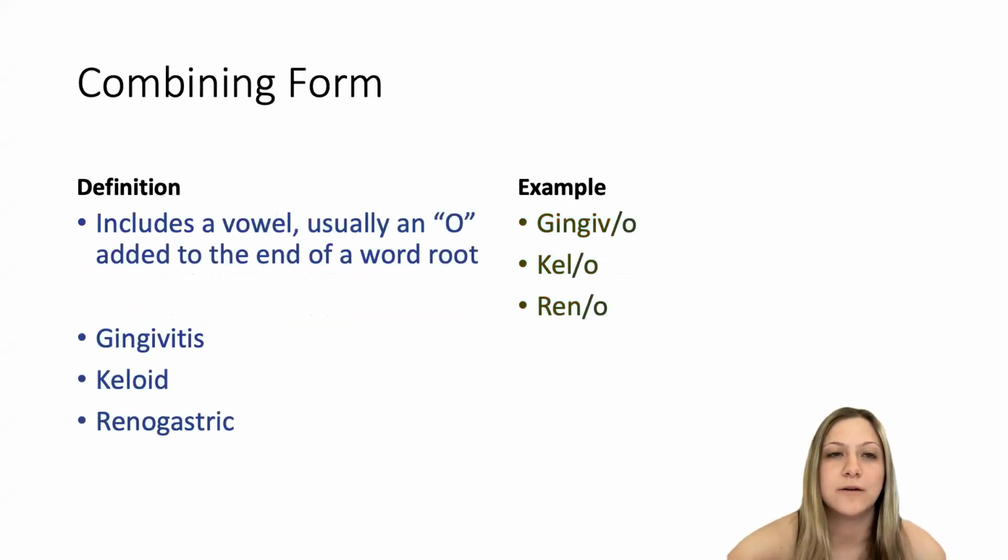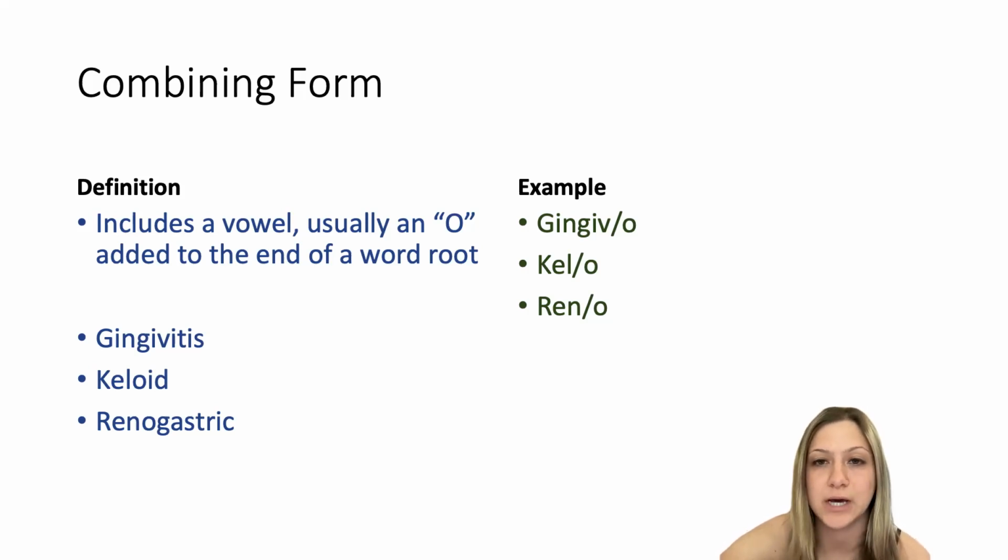To go on, for combining form, the definition is includes a vowel, usually an O, added to the end of the word root. For an example, gingiv/O, kel/O, ren/O. And then those combined means